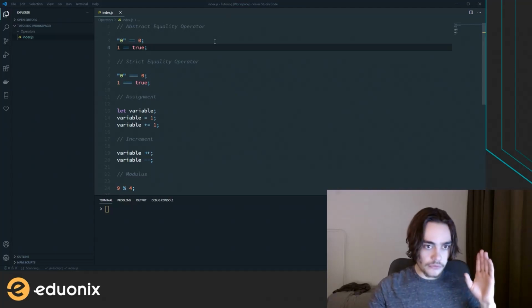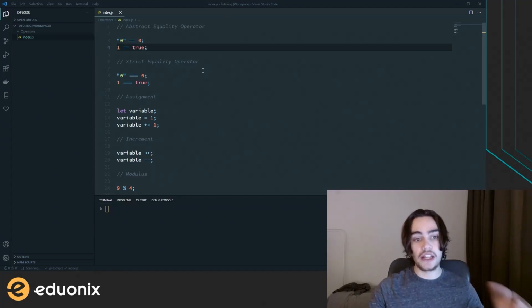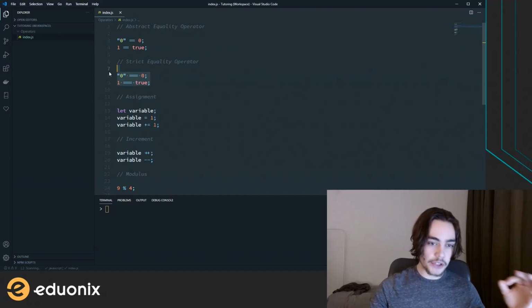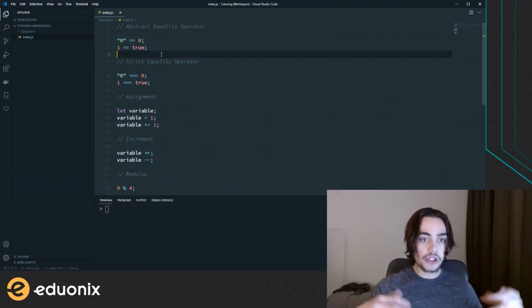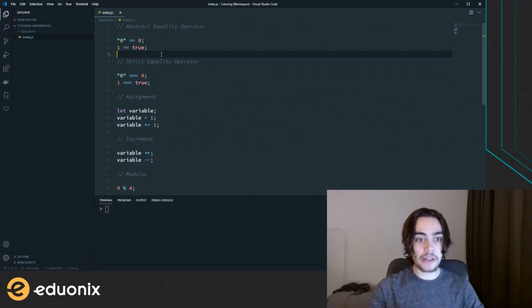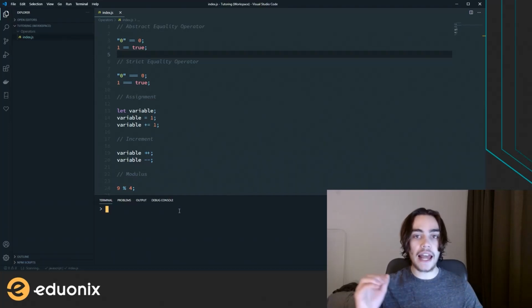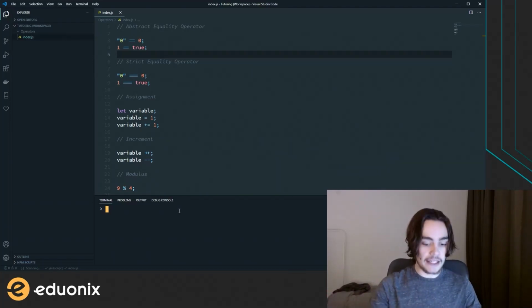So I think the most complex thing to understand in terms of JavaScript operators is the difference between the strict equality and abstract equality operator. If you're familiar with how typing works in programming languages, then this might be somewhat self-explanatory. But JavaScript is a weakly typed language, and what that means is that we can actually make comparisons across different types. I can say